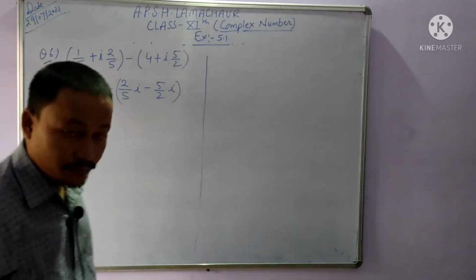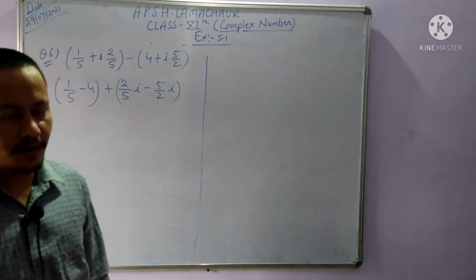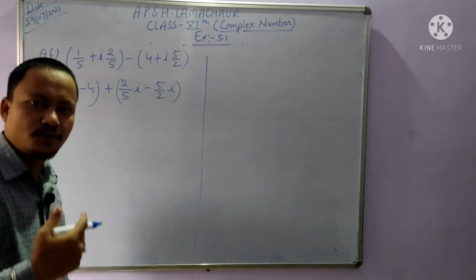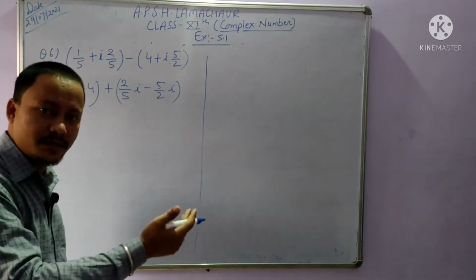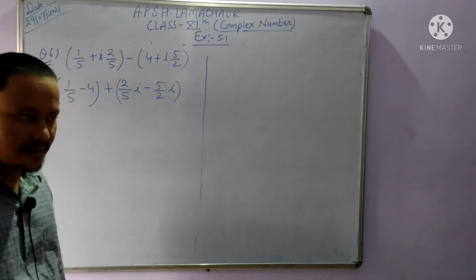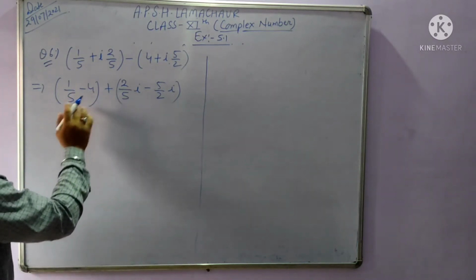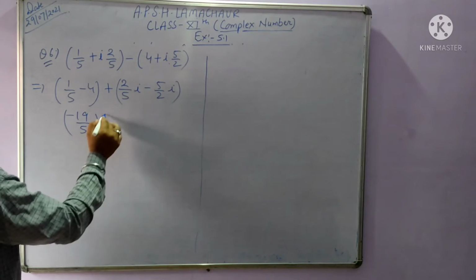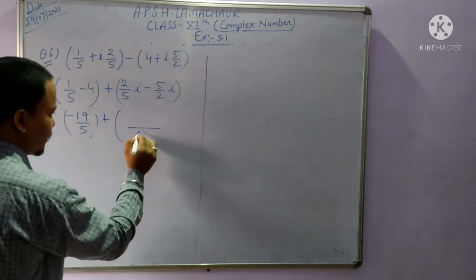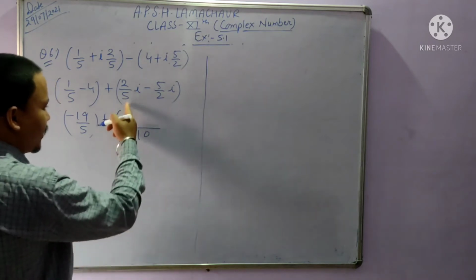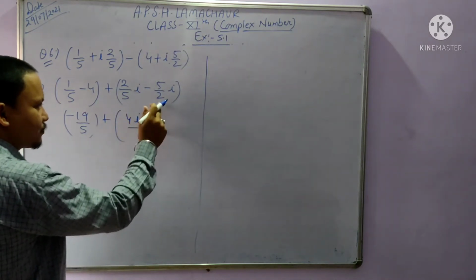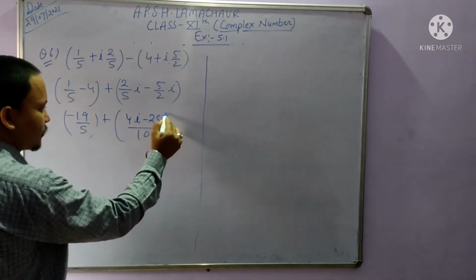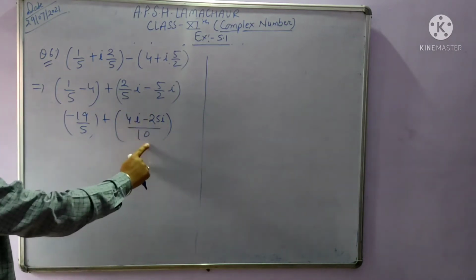As I told you when we discussed the algebra of complex numbers, whenever we are taking any operation between any two complex numbers, then the real part will be operated with the real and the imaginary will be operated with the imaginary one. So 1 upon 5 minus 4 will give you 5 4s are 20, 1 minus 20, that is minus 19 upon 5. Okay, plus here we have to take the LCM, and the LCM of 5 and 2 is 10. So 5 2s are 10, 2 2s are 4 times i minus 2 5s are 10, 5 5s are 25 times i. Okay, on taking the LCM of 5 by 2, that is 10.